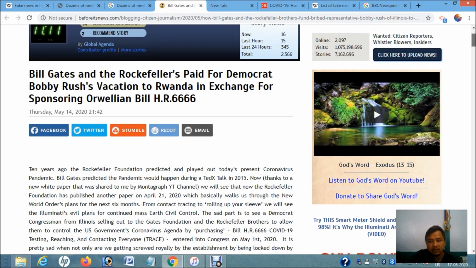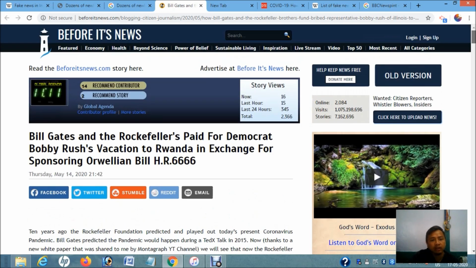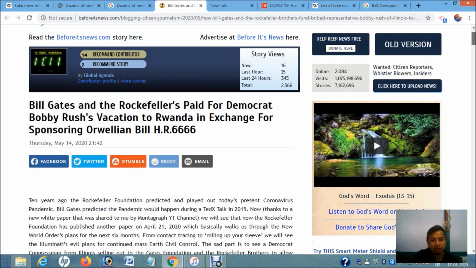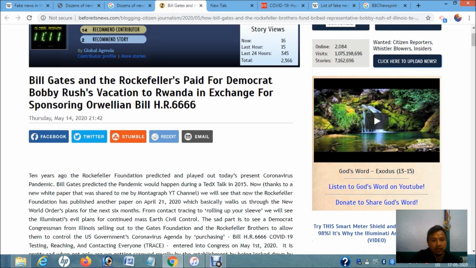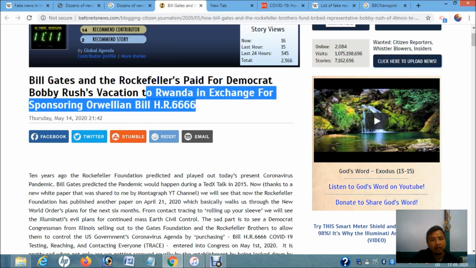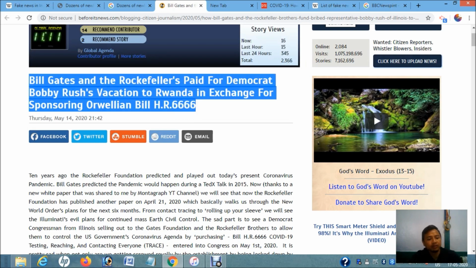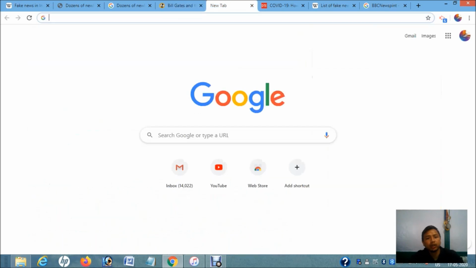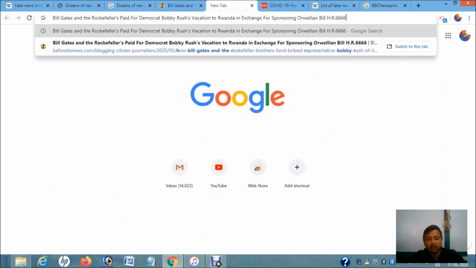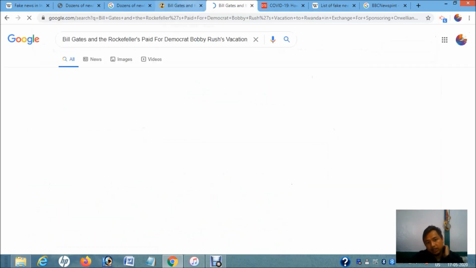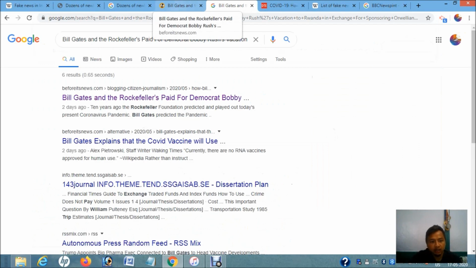Okay, so at the very first instance, if I apply the CRAAP test, currency, it may be current because it deals with bill HR666. But then again, I have to cross-check this with a Google search. A random simple check: put it in Google search. It may be relevant because HR666 is a recent bill. Yes, it is reported on beforeitsnews.com.